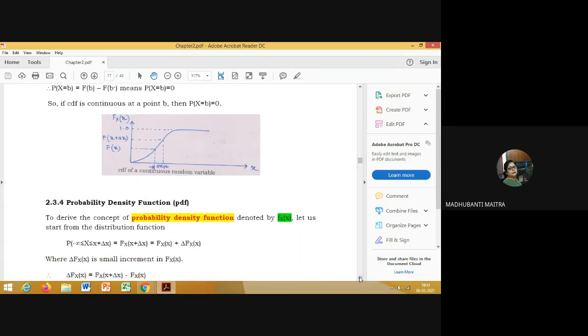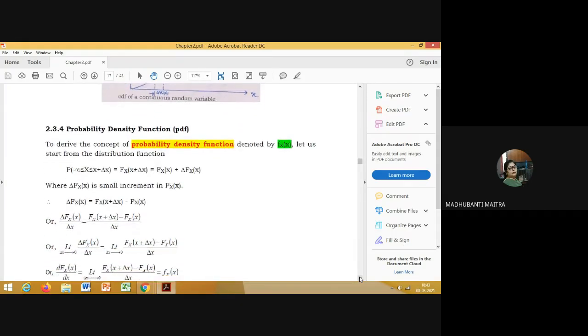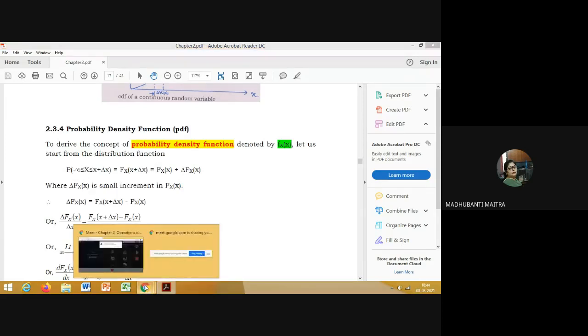So far we have discussed the distribution function or cumulative distribution function, and from the notion of distribution function, we can now define the probability density function. In general, we term these two functions the distribution function and the density function. So what is the notion of density function? Let's consider this situation, that is, the probability that the random variable will assume values which are certainly greater than minus infinity